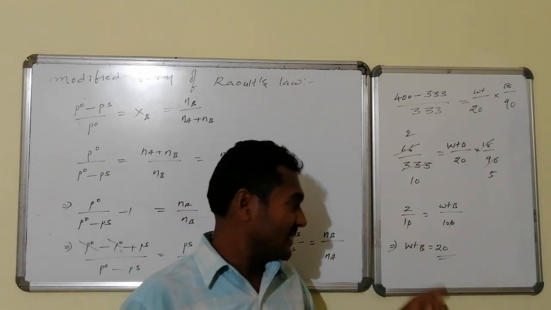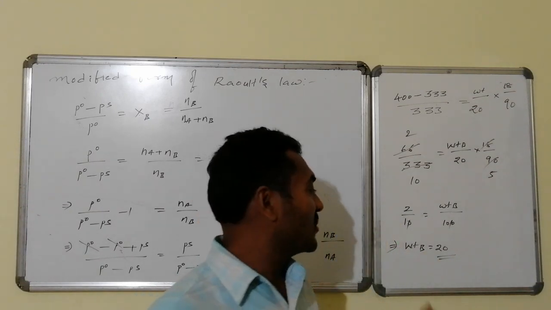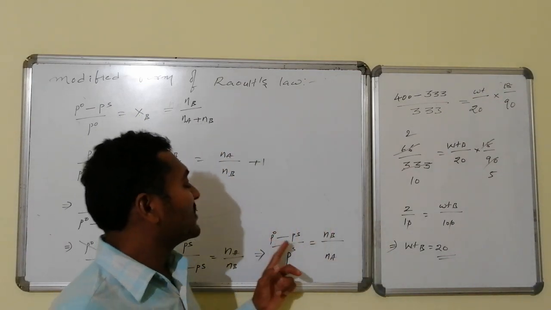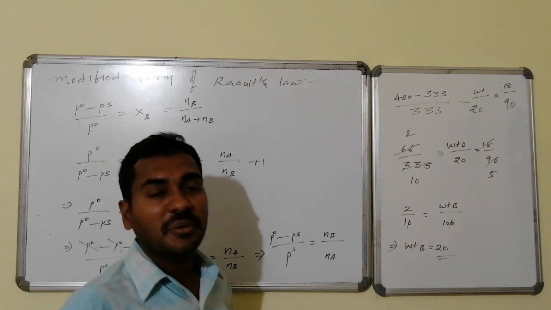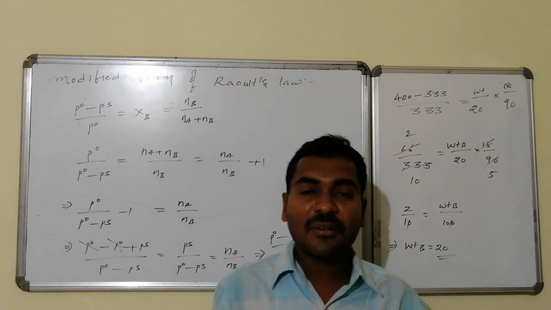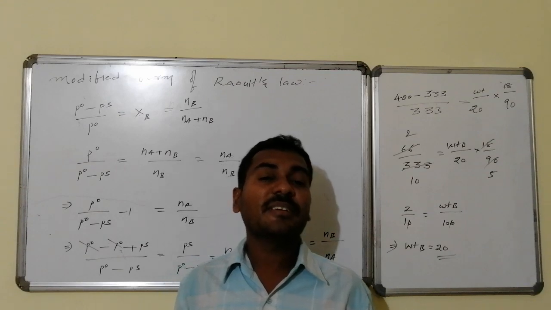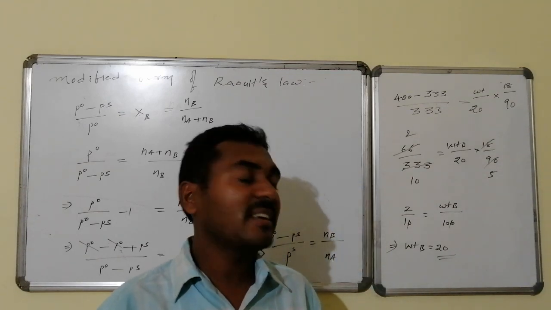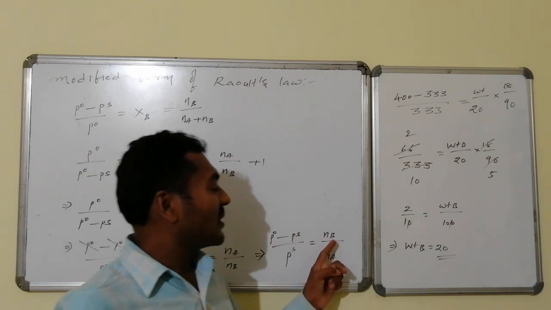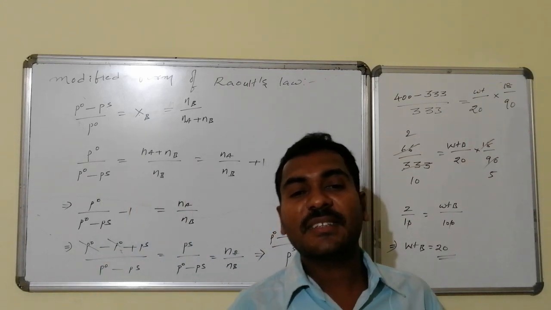That was given in lecture 6 and this is given in lecture 7. Now we are cross checking the value with the modified Raoult's law and it is found to be correct. Hence the modified Raoult's law is (P0 − Ps)/Ps = Nb/Na. When a non-electrolyte solute is present in a solvent, its vapor pressure decreases. The relation for the decrease in vapor pressure is (P0 − Ps)/Ps = Nb/Na. Thus, with the help of Raoult's law, we have many varieties of questions.